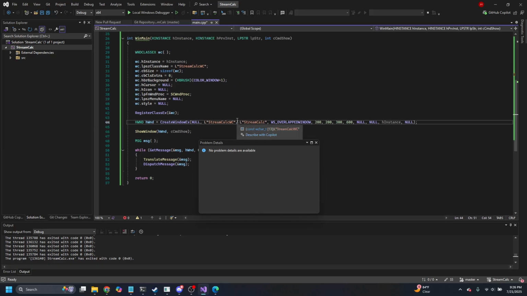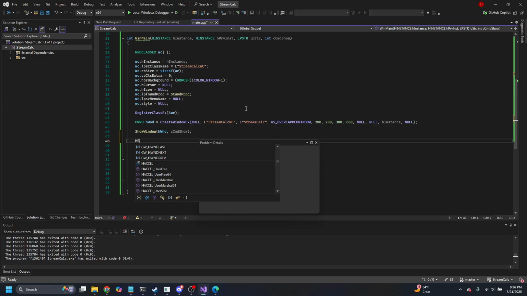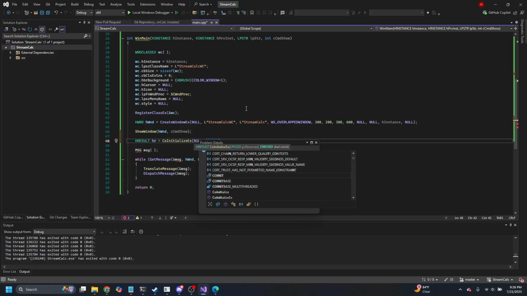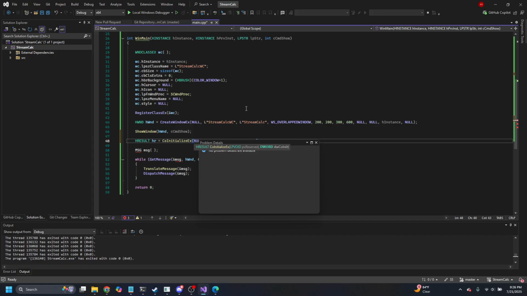So we would do, after this, HRESULT, if I can spell correctly, hr is equal to CoInitializeEx, and COINIT disable